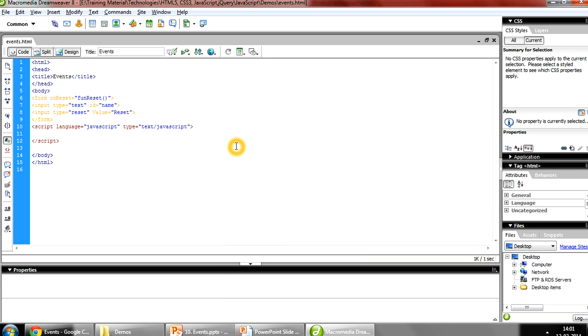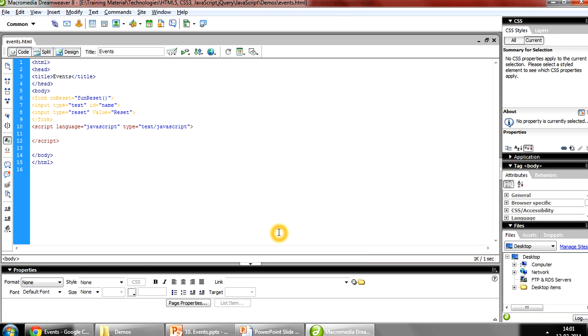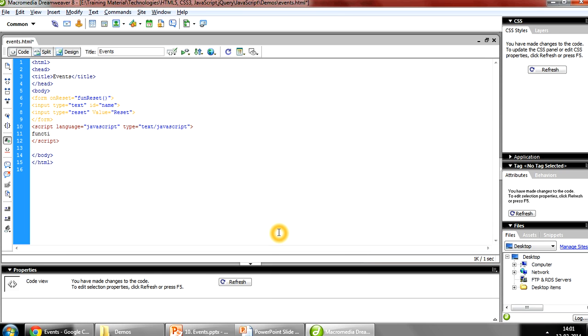We can take the same example. Let's see, we'll write some functions. Key press. We can just write an alert box over here. Key is pressed.